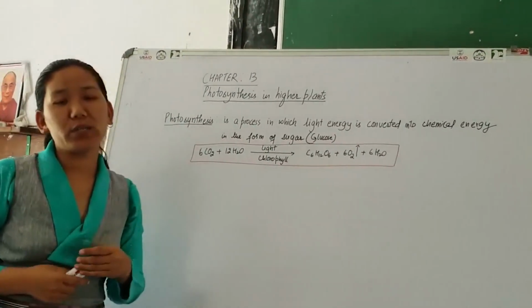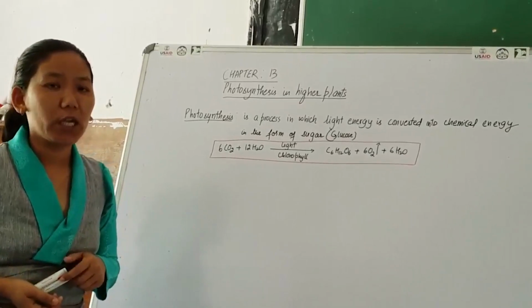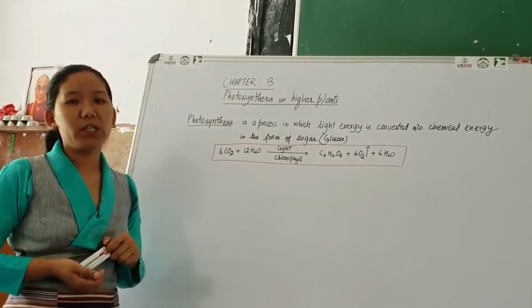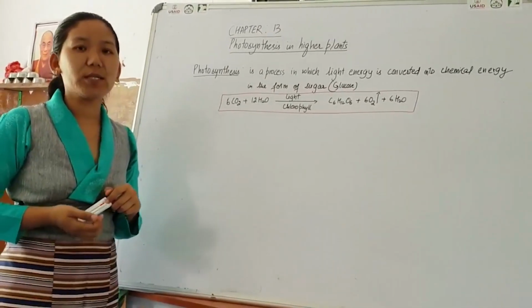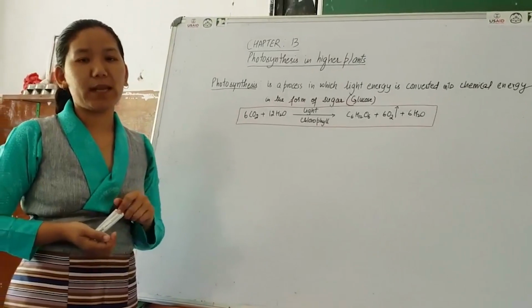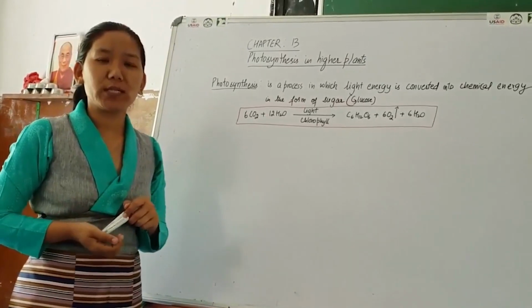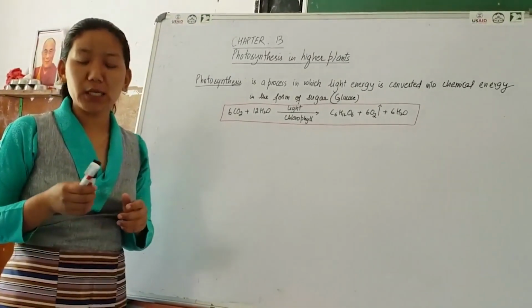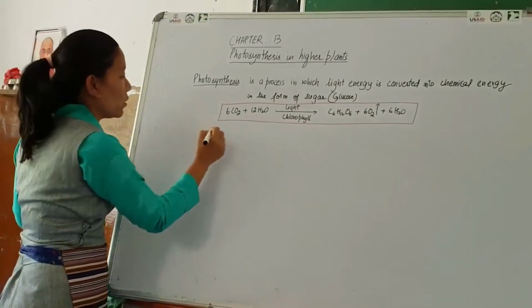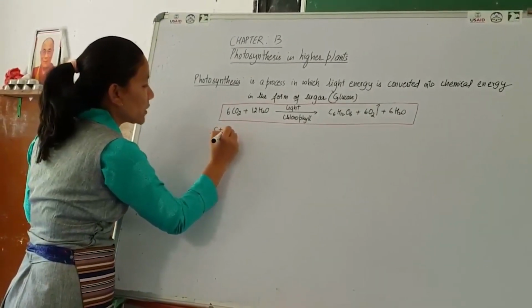This may look very simple, but in reality photosynthesis is not so simple. It involves a multiple step reaction, a series of reactions, and these steps in photosynthesis we can study in 2 phases. It occurs in 2 phases. So the first phase of photosynthesis, or you can say stages of photosynthesis,